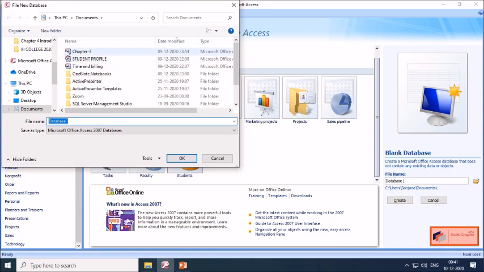You can see this key symbol. So these are all databases which have already been created and stored in the document folder of this PC. And after typing the file name, you can click on the OK button, and this way you can create a file name.